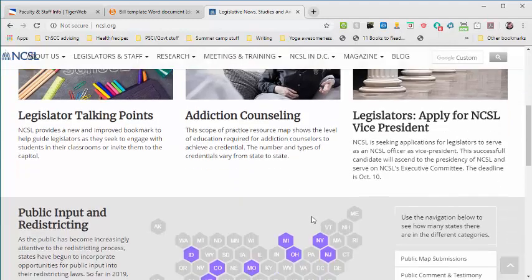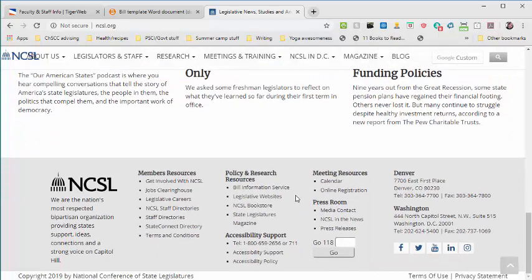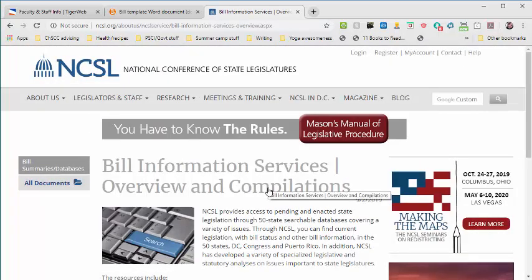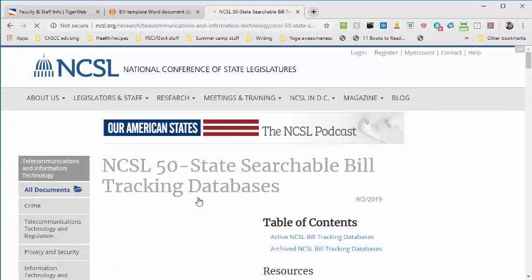So I'm going to scroll all the way down to the bottom of this page, and I'm going to look under Policy and Research Resources for the Bill Information Service. And what this is, they have actually created bill summaries and databases of every bill for every topic that has been introduced into every state legislature in the United States. So I'm going to click on that bill or statute summaries and database,